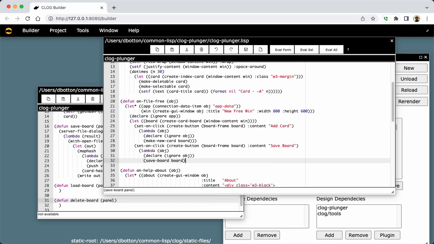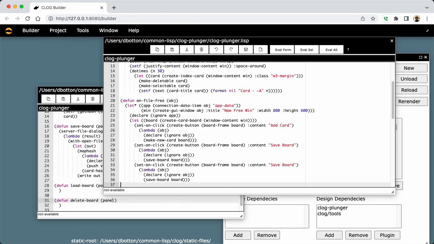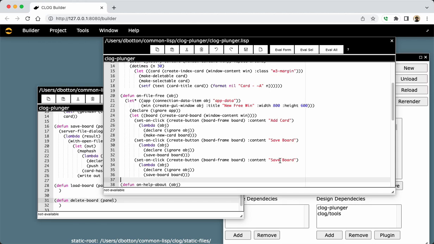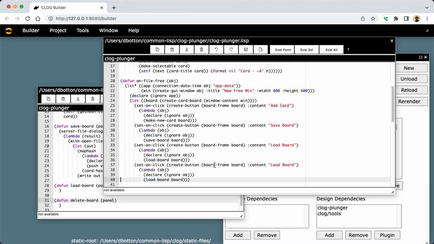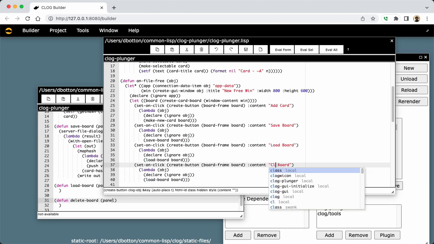So I can done. Okay. And in fact, since we've now already started this out, let's finish up with our other part of the interface and add another save board, and let's do this as load board. Okay, and go, and actually one more. This can be clear board, right? All right. Okay. So load board. Clear board,